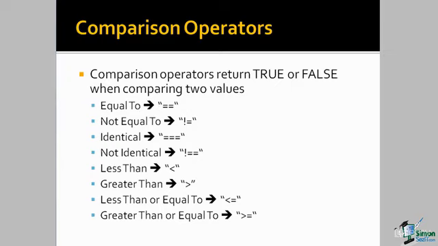Some of the comparison operators. Now, pay particular attention here to the equals to operator. It is not the assignment operator. This is a very common logic mistake. If you're looking to test that two things are equal, then you would use the equal operator, which is the equal to operator. And this is going to return a true or a false based on the values that are